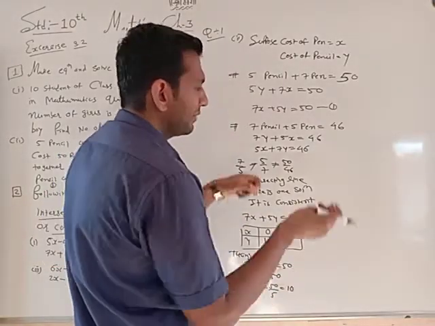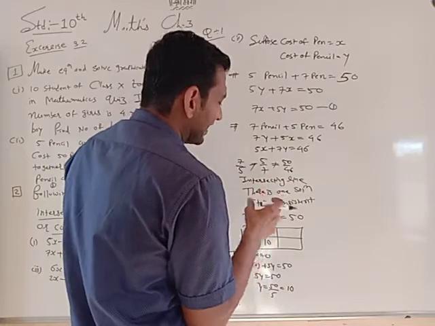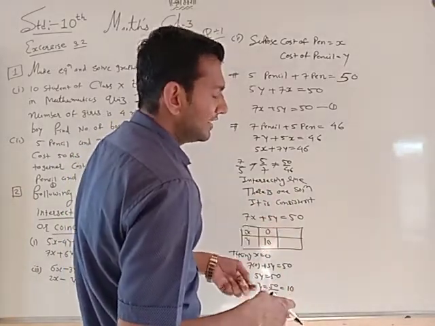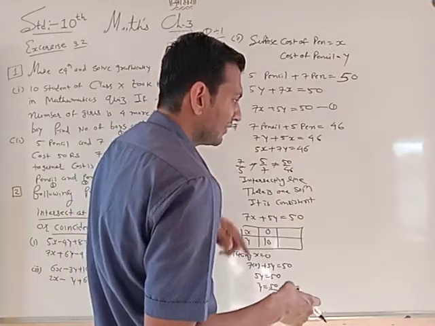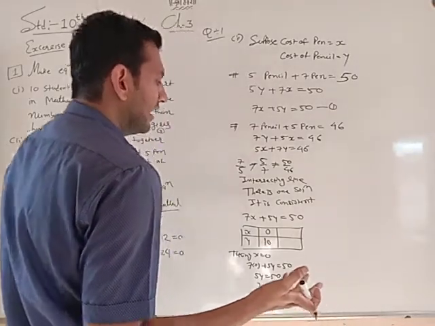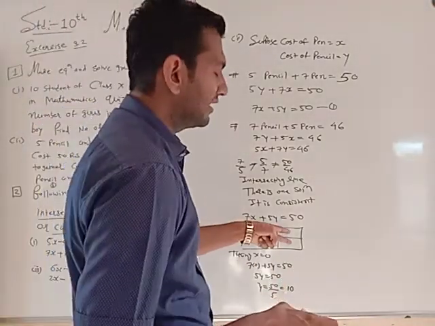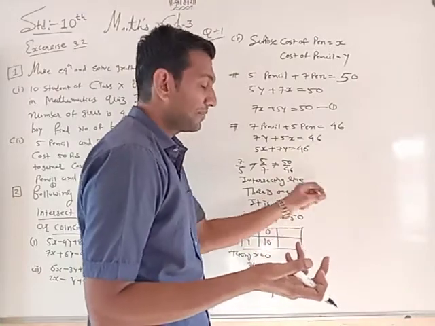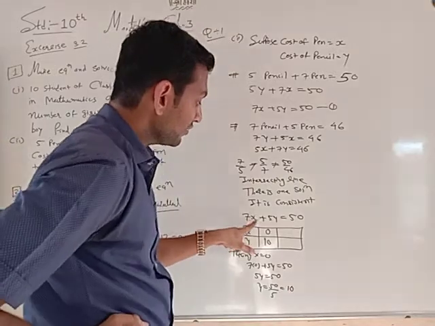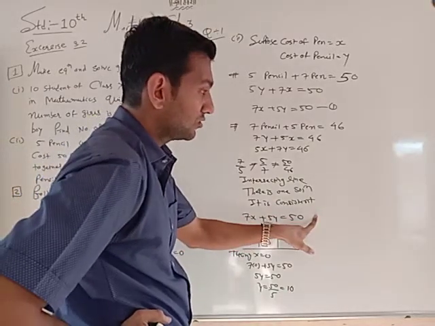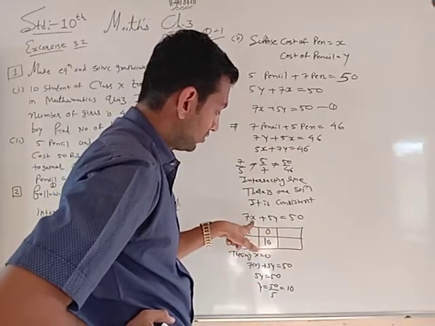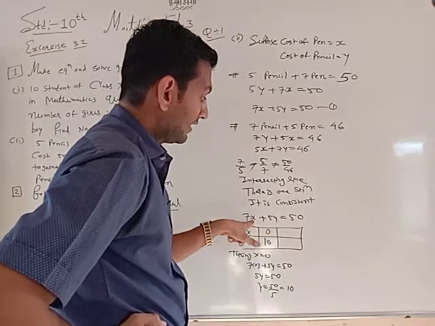So you cannot represent that on the graph. So take such a value that the answer should be in integers, from minus infinity to plus infinity. The solution should not be in the form of fractions. Keep in mind, if your solution is in the form of a fraction, then you cannot represent it on the graph. If I take 1, 7 ones are 7, that gives 42 upon 5. Also if I take 2, then it's a fraction.